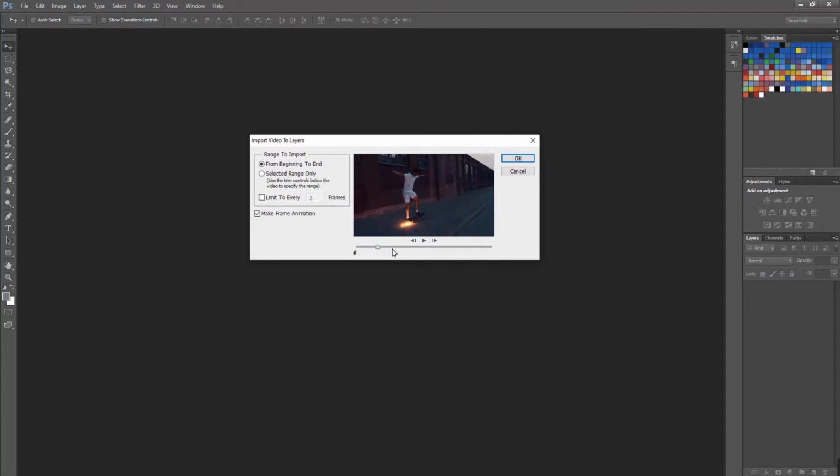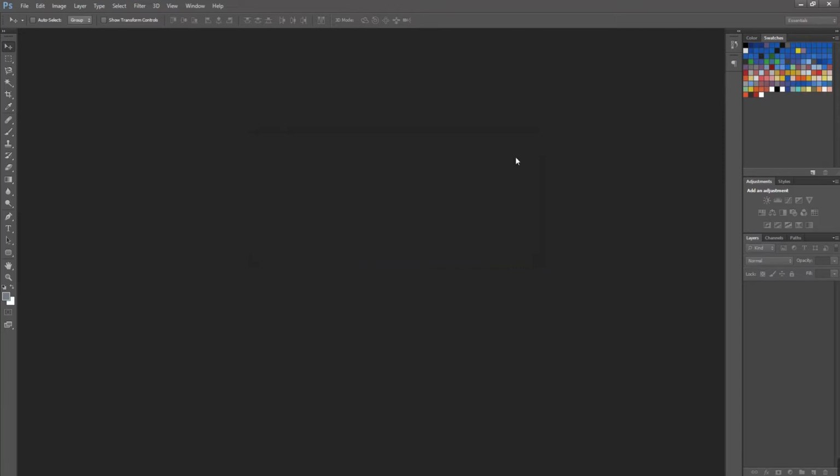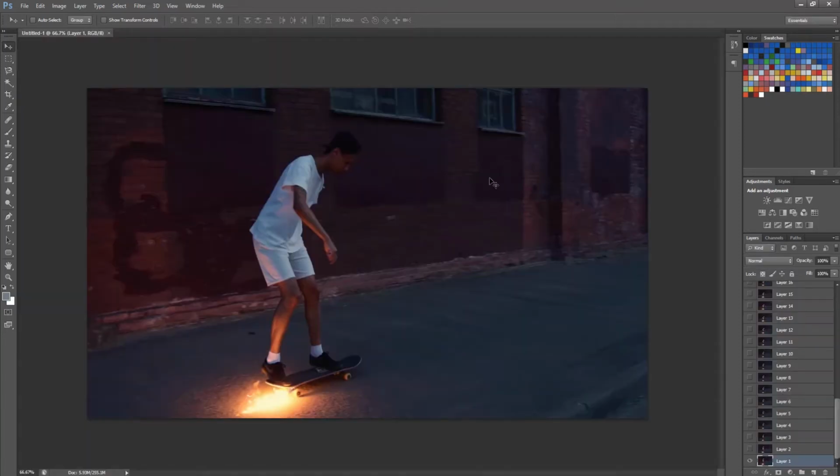So I'll drag the in and out handles as per my requirement and adjust. After setting the in and out points, press OK.